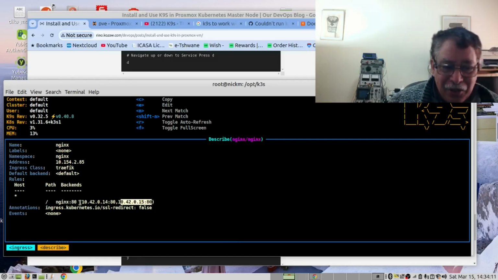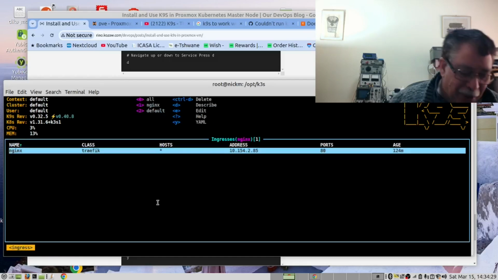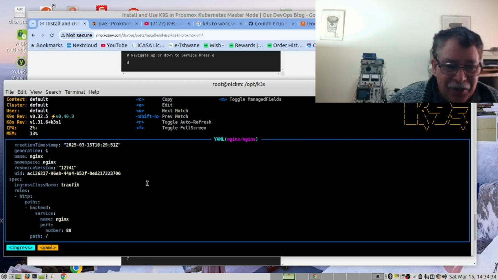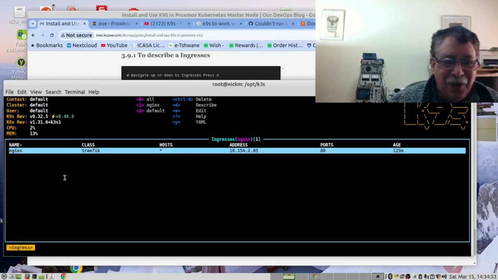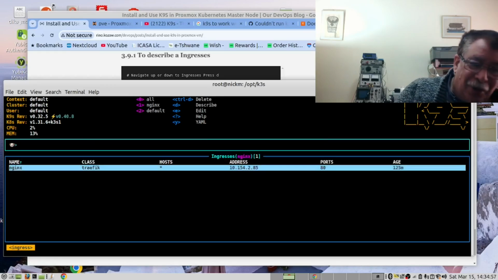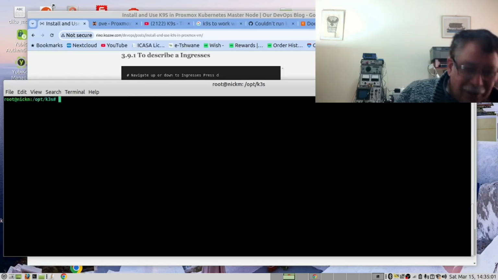What's nice, this gives us the two internal URLs, as we have two replicas in here. And we can also get a YAML of that. So now we have this in YAML format. And finally, to exit this, you use this command, :q. Enter.